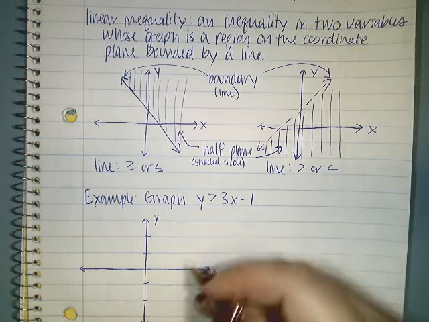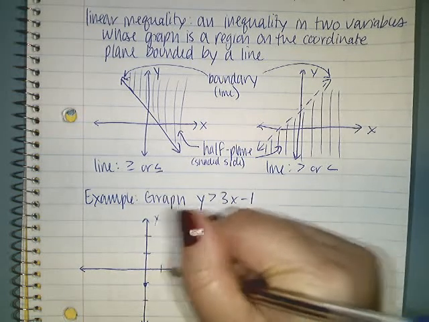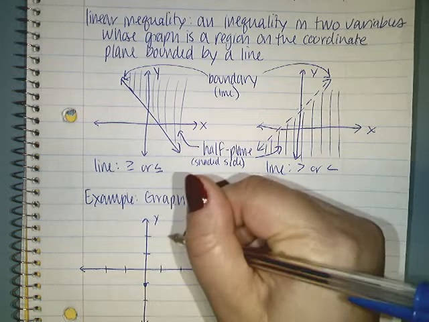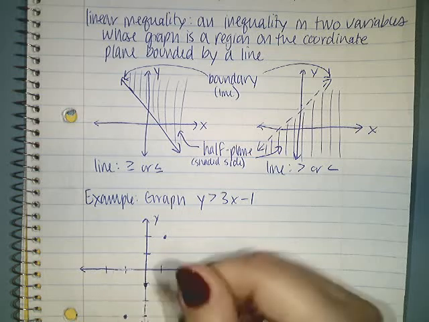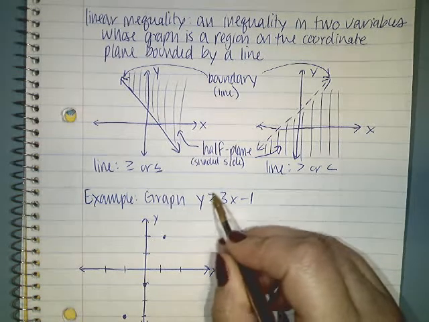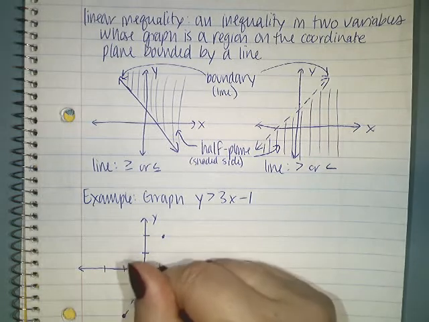So if I graph this line, I know my y-intercept is -1. I have a slope of 3, so I go 1, 2, 3 over 1. If I go the other way, down 1, 2, 3 over 1. Since there is a greater than, no equals to line, I know I'm going to have a dotted line. So I'm going to graph